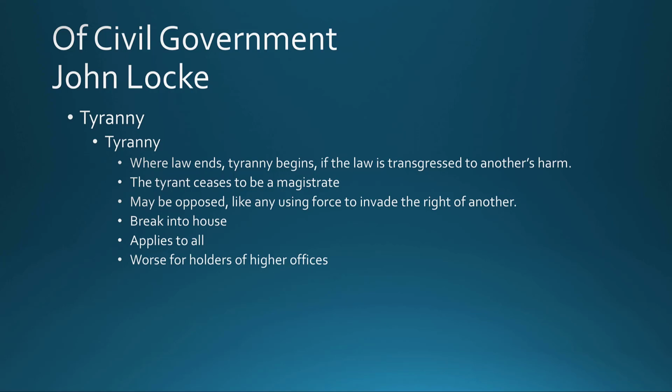Exceeding the bounds of authority is no more right in the case of a great officer, like a high politician, than a low politician. No more justifiable in a king than a constable. And you could say it's even worse for someone who has more power, because they already have much more, and they're supposed, from their education, employment, and counselors, to know more of right than wrong. So it is actually worse for people in higher positions because they should know better. So Locke views tyranny as something that can be opposed.